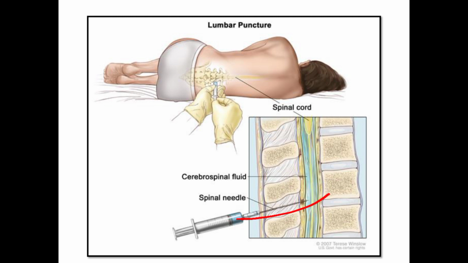Cerebrospinal fluid is usually aspirated between the L3 and L4 spines, since this part of the vertebral canal is not occupied by the spinal cord. You know where the spinal cord ends. The spinal cord ends at the lower border of the L1 vertebra. So below that they do it at the level of L3 and L4. They pierce the needle for the withdrawal of CSF, cerebrospinal fluid. This is called a lumbar puncture.